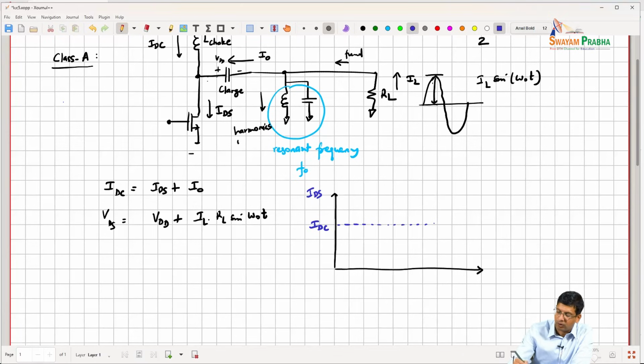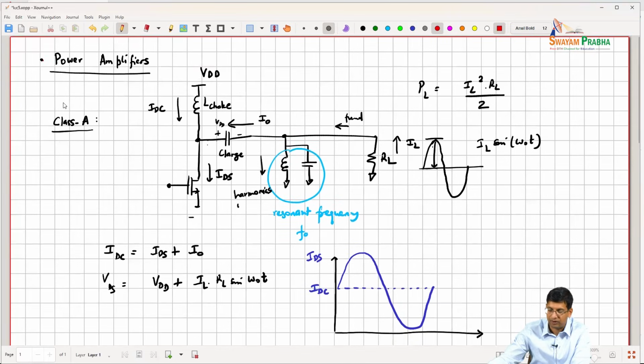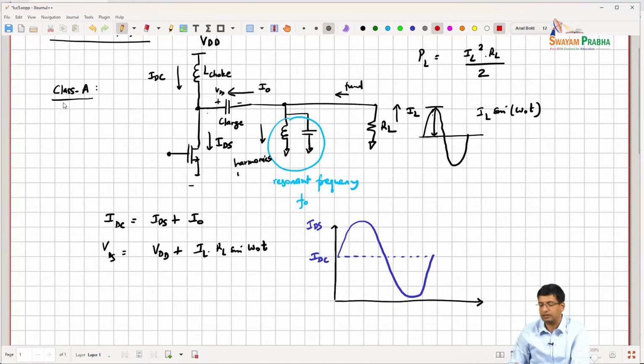Let's assume that we're operating in the linear region and no harmonics are present. Then we'll basically get a current that looks like this, and this will happen at the time where, if I were to think of the voltage, VDS is going to look like this,